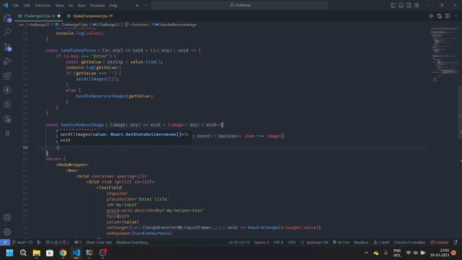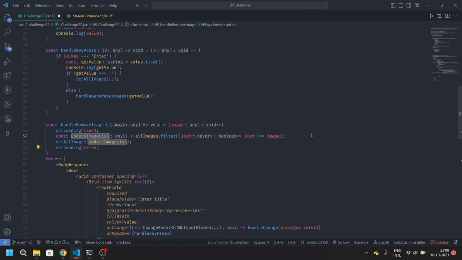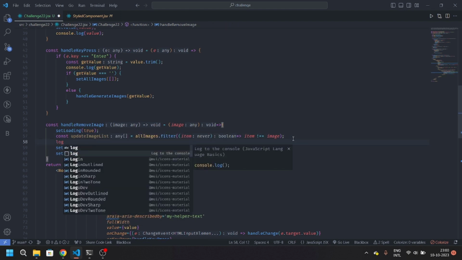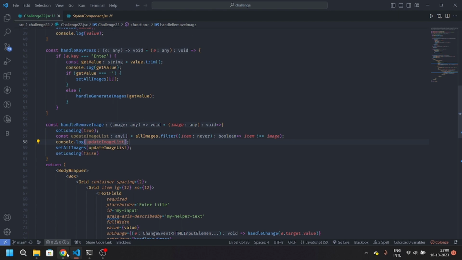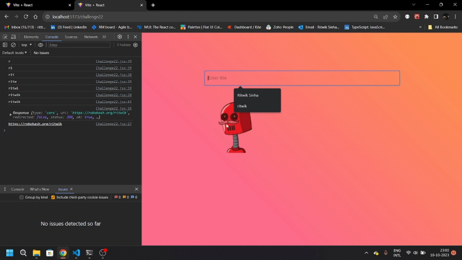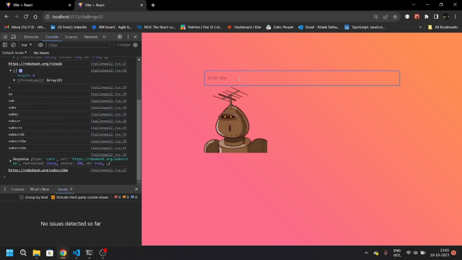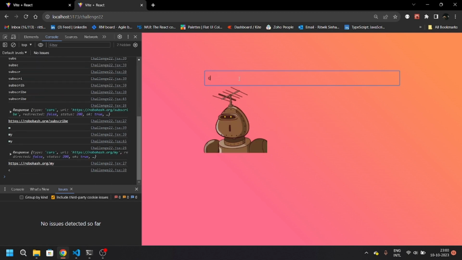Okay, and we can add set loading to be false, and if I write console.log, you will see something like this. If I write Ritvik, and now if I click on it, you will see the array will become blank, length is 0. Now if I write subscribe my channel,